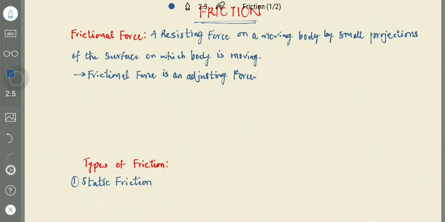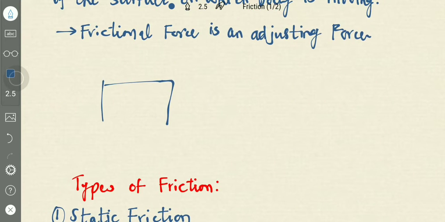So what is frictional force? A resisting force on a moving body by small projections of the surface on which the body is moving is called frictional force. So if a body is present on a surface, and this surface has small projections, in some cases those are visible to the eye and in some cases those are not visible. If we apply a force P on this body,